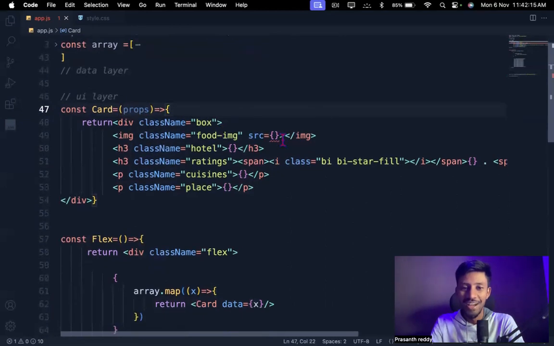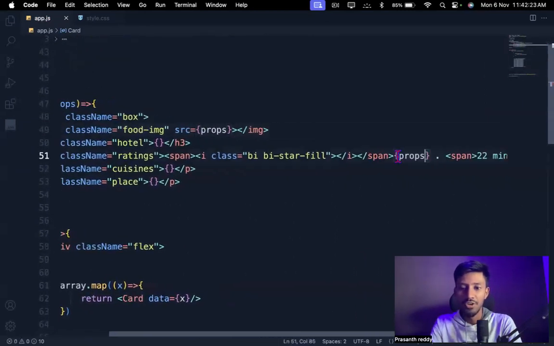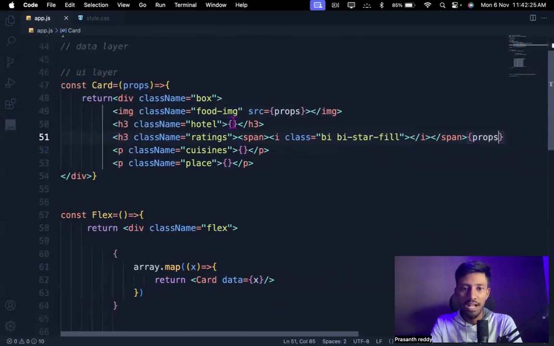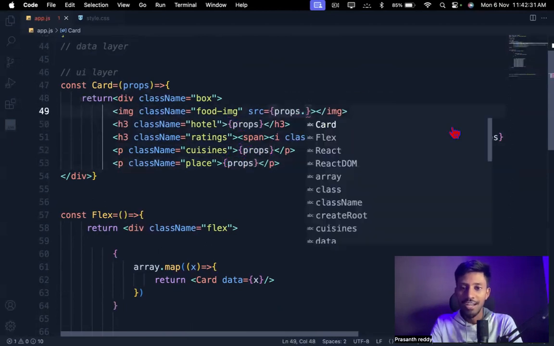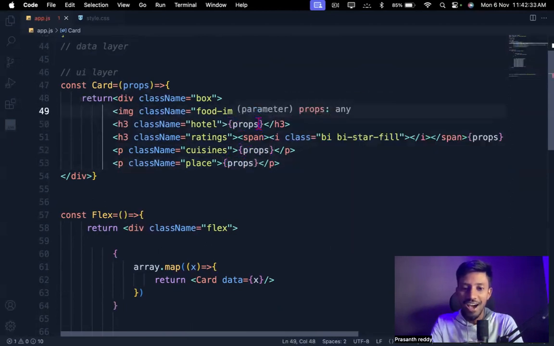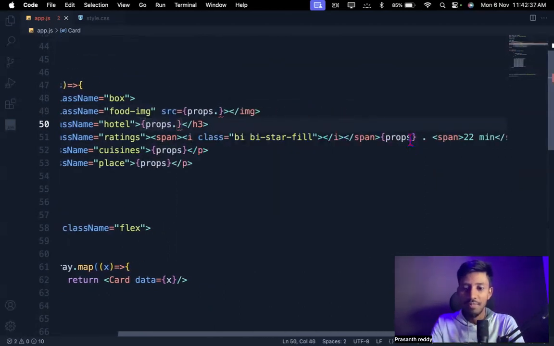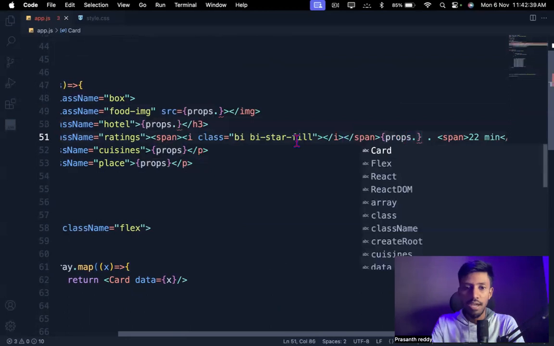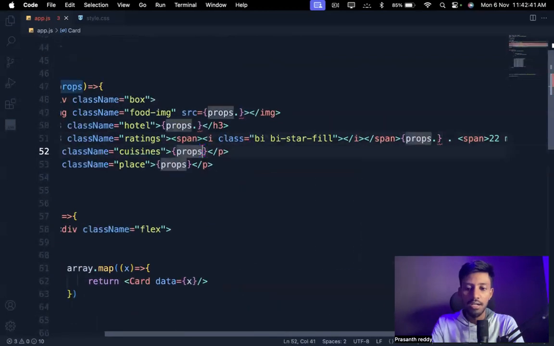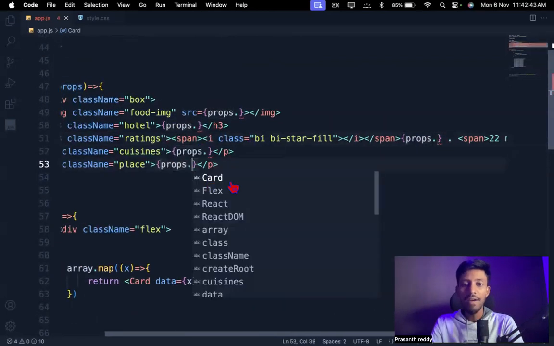Okay, cool. Now let's go here. Props is pretty common for every object. Let's take props. Let me paste props here also, and here also. Now let me paste a dot over here. Let's go step by step. Let me paste a dot here also, and here also. Now let me put one dot here also. Now what is the next one, guys?